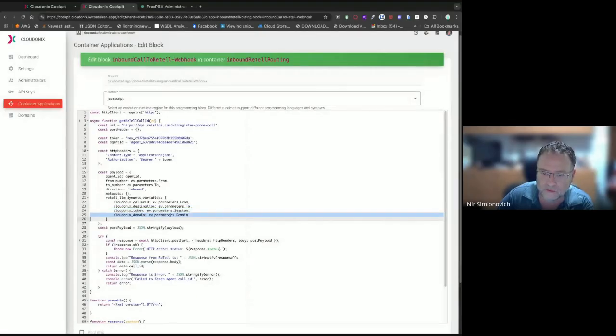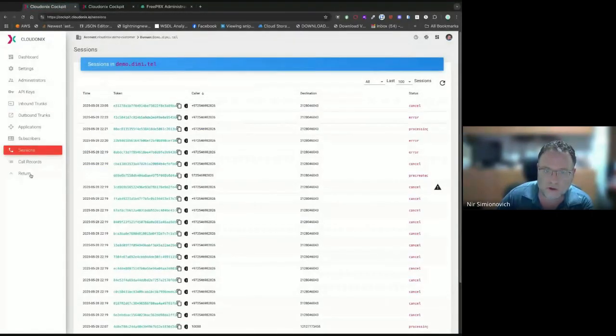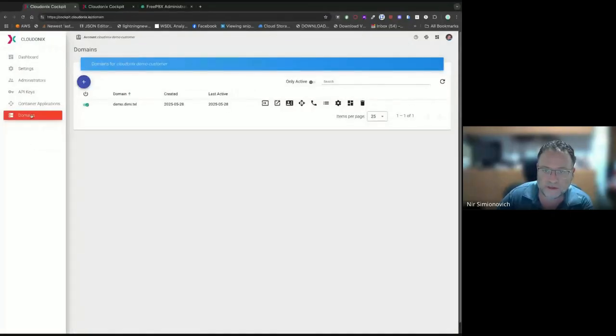And the domain. A domain is an internal thing to Cloudonix. Basically, every customer has multiple domains. I'll show you, for example, here. You can see that I have one domain, but I can create additional domains. Every domain is its own logical unit. Domains don't mix. Information from one domain will not traverse to another, at least if you're not specifically doing it through some kind of code, and they will not be shared.